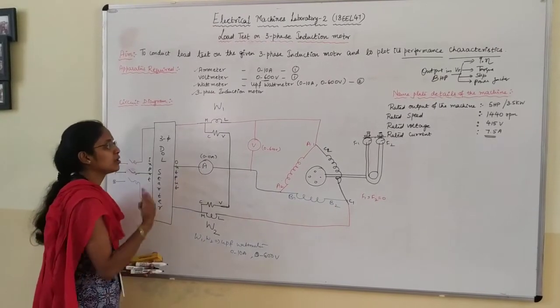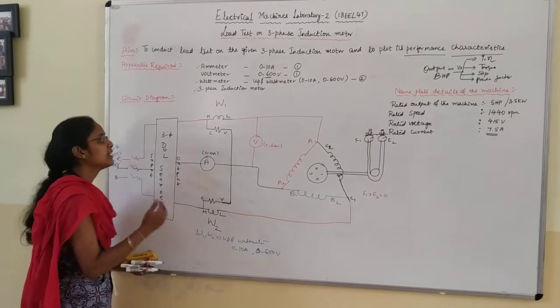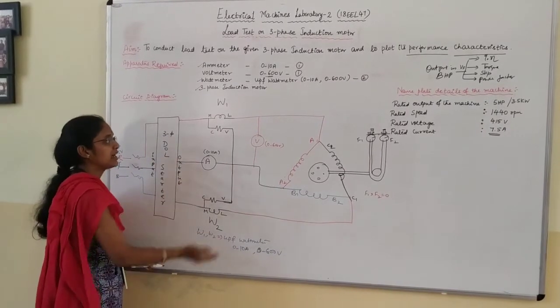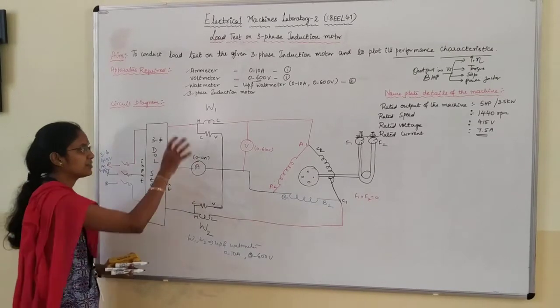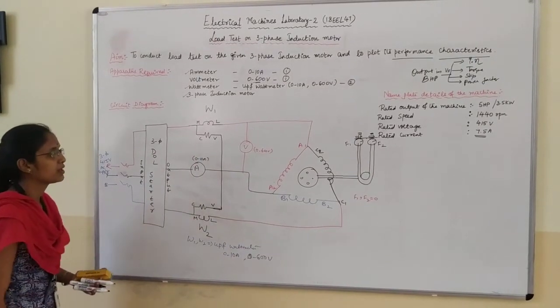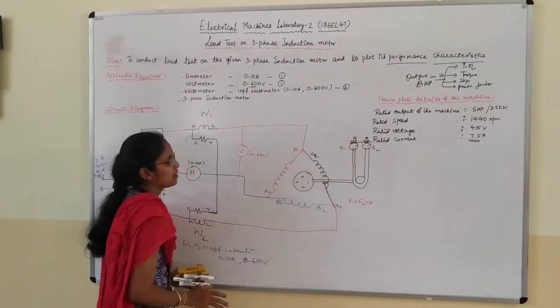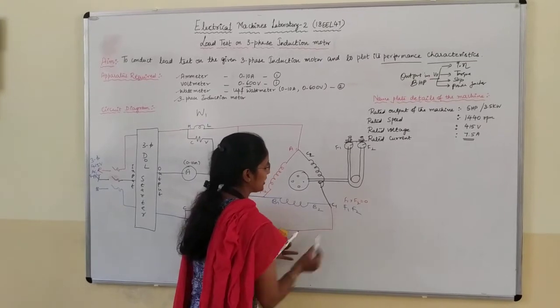Suppose during the loading test, again the wattmeter kicks back, then once again we need to interchange the C and B connection, and we can take that reading value as positive for the same wattmeter. Like that we have to note down the readings. That will be a loaded reading. Further you have to take down the corresponding F1 and F2 values.